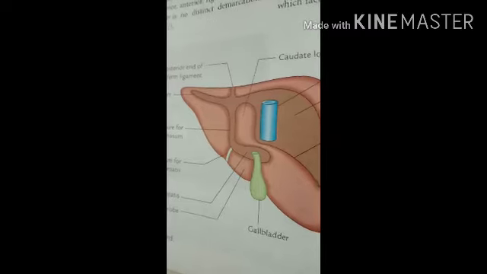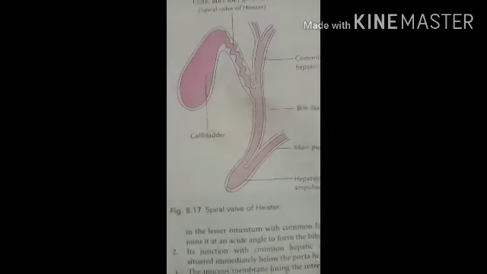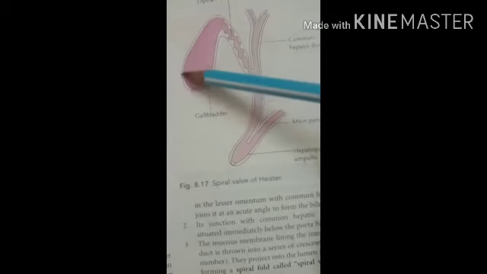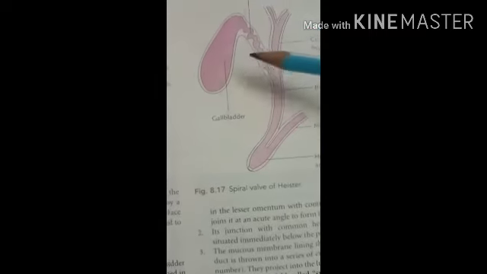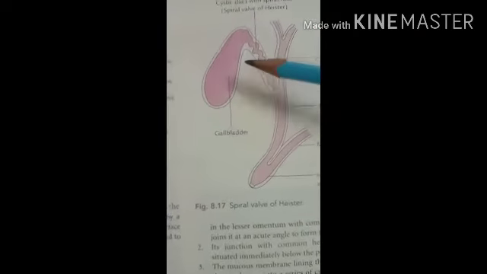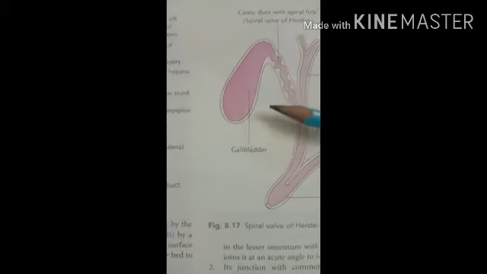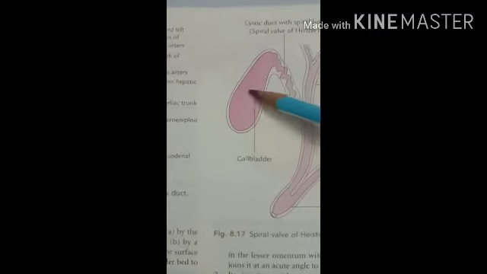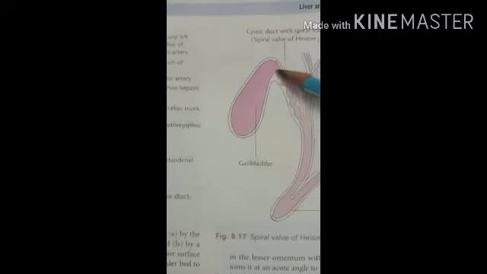After that we should see the length of the gallbladder. For this, another diagram. Here in this diagram you can see the gallbladder. The total length is about 7 to 8 centimeter, 3 centimeter broad, and the capacity of the gallbladder is about 30 to 50 ml. Then the external features, which consist of the parts of the gallbladder. It includes the fundus, this one large part, then the body and the neck, this one.